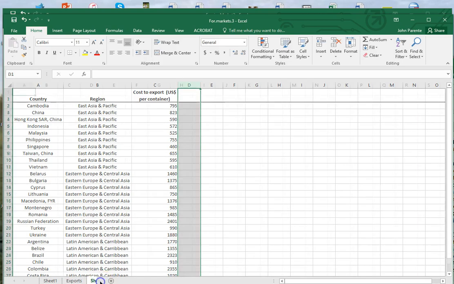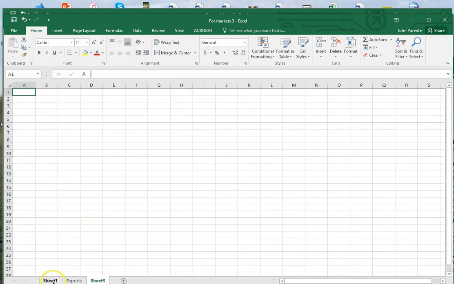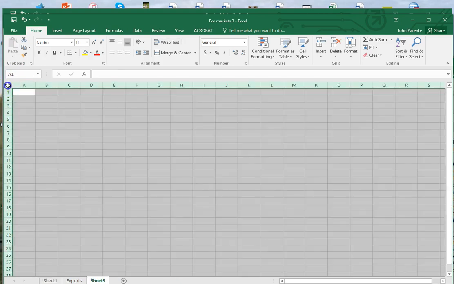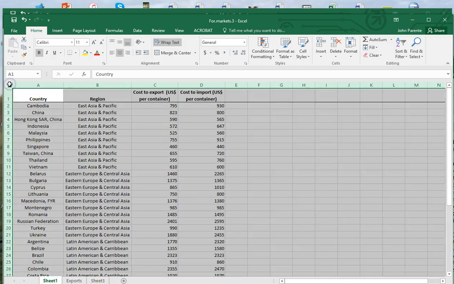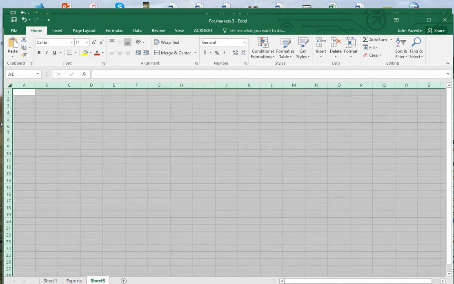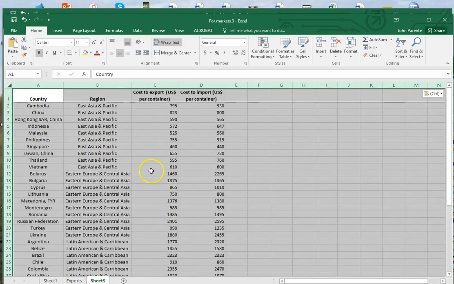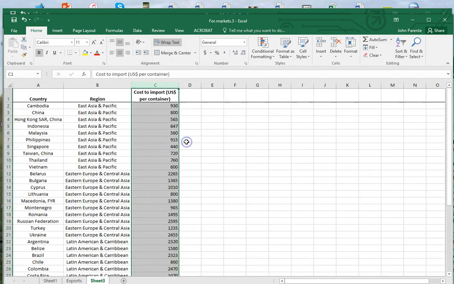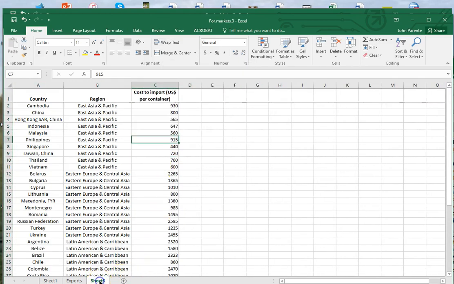I'm going to add one more, and do the same thing again. I'm going to copy and paste it. This time I want to delete the exports, so now we're just left with the imports. I come down here, right click, and rename this imports. So that's how I'm able to create new